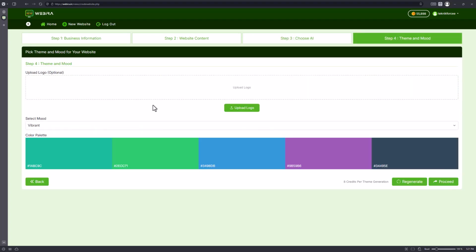Now you will be asked to put in a logo if you have one. Many small businesses actually have a logo when they get started. So if you have your logo, click on upload logo and put your logo in. Then the good thing is Webira will look at the colors of the logo and then figure out the color theme of your website. So often you would want your theme to be based on your logo, and Webira does that automatically. Now I don't have a logo for Wingo, but I'm going to actually use my own company's logo